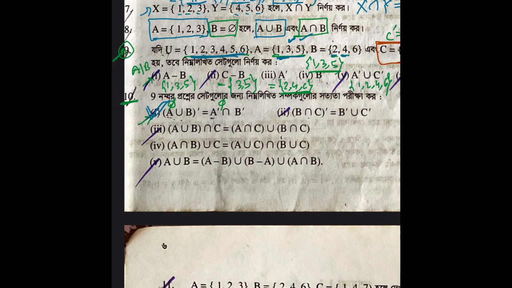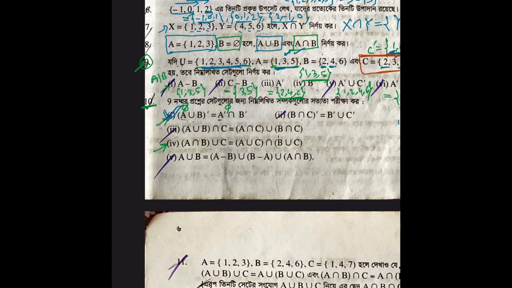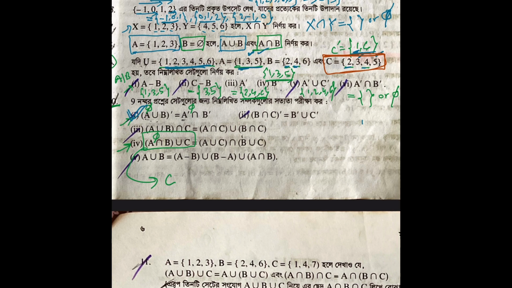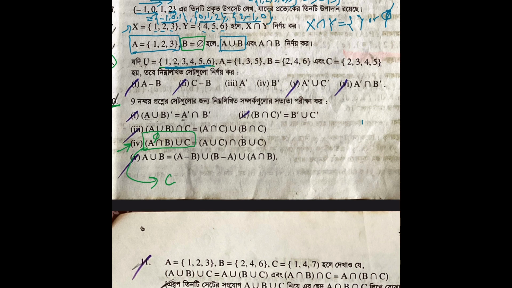So now we have to solve number 4. Now, A intersection B: if we see that A and B have nothing in common, it's an empty set, and when you union this with C, it will turn out to be C. Now A union C, on the other hand: there are 3 and 5 in common, so this union I'm going to write down as